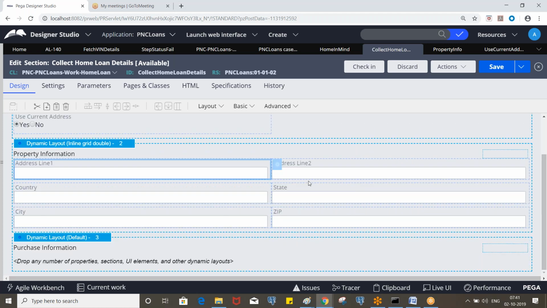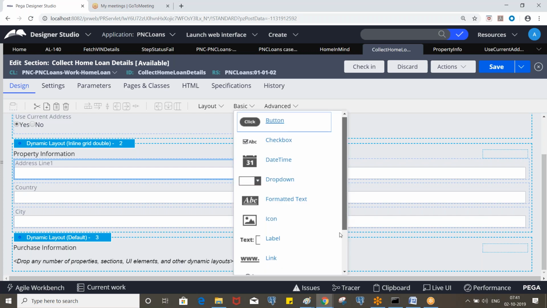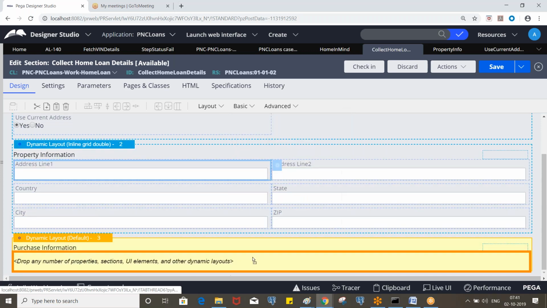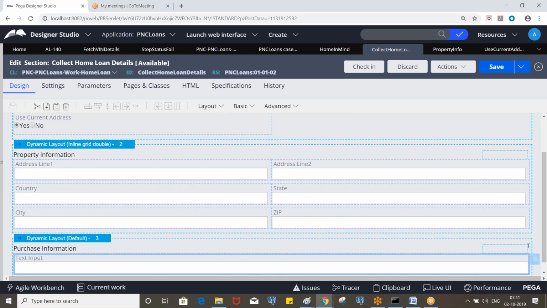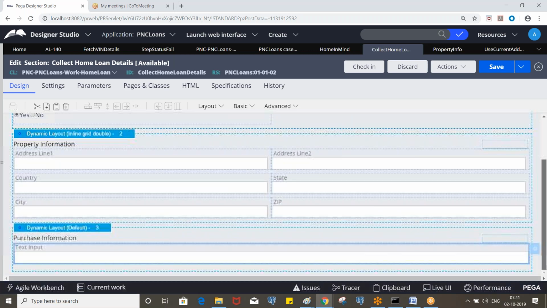So now, this is related to the purchase information. Here, let's use the properties called amount, which will be the loan amount, and asking price and down payment.